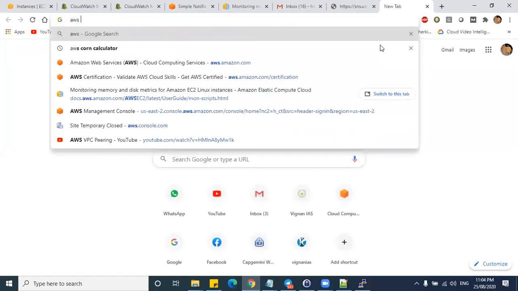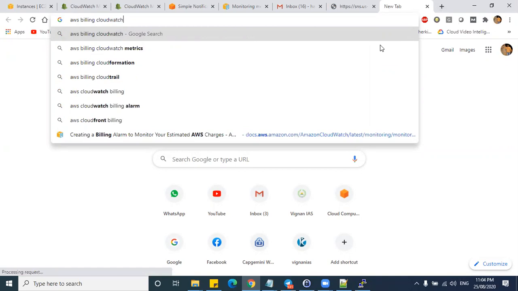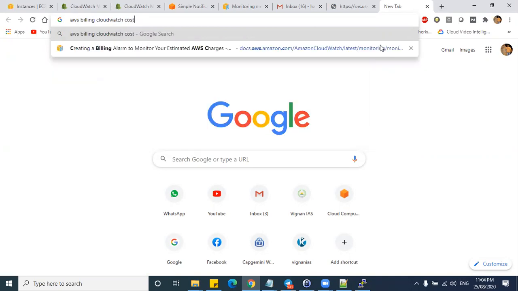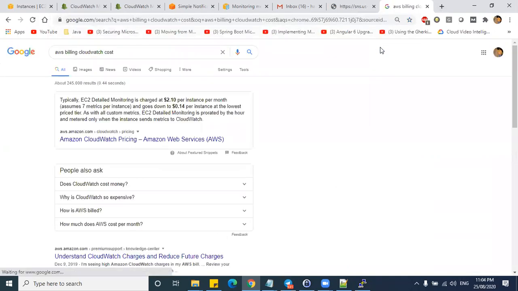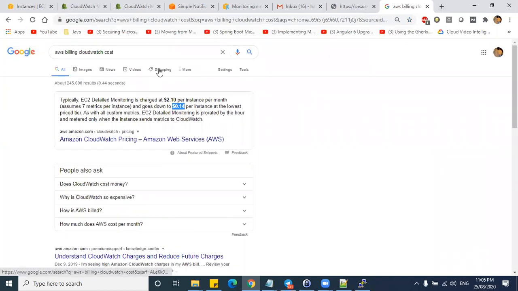You can check here alarm billing CloudWatch cost. Yeah, there are different models. Yes, I can recollect now. So either it can be an instance model, or it can be an alarm model. Like every alarm will be $0.10. That's what I studied last year. But this will be changing, Sailesh.